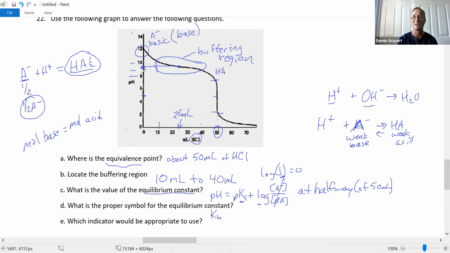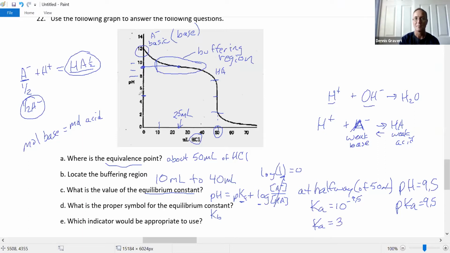You really can't read much off of this. But it's definitely greater than 9. So at the halfway, pH is, let's say it's about 9.5, and that's the pKa. Oh wait, what does it want? It wants equilibrium constant. So what's the Ka? It's 10 to the minus the pK value, 9.5, which Ka is equal to,